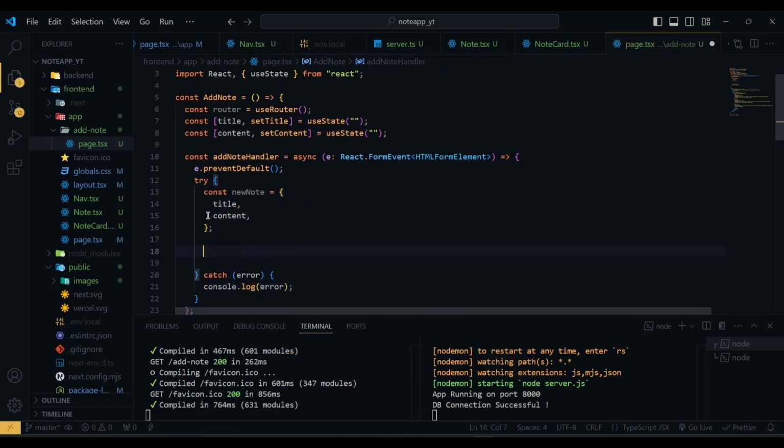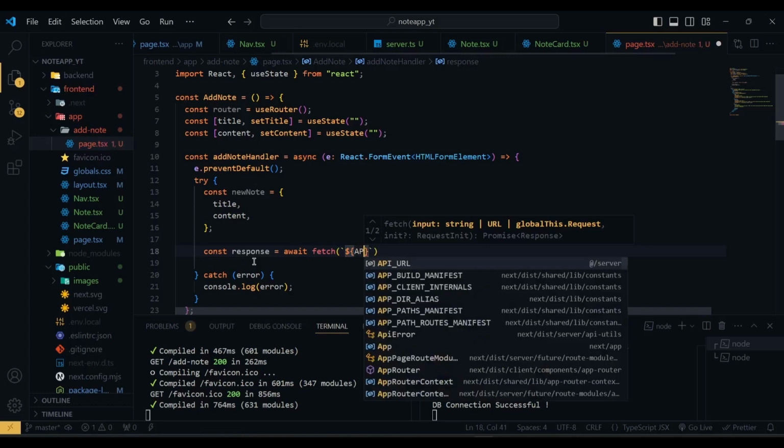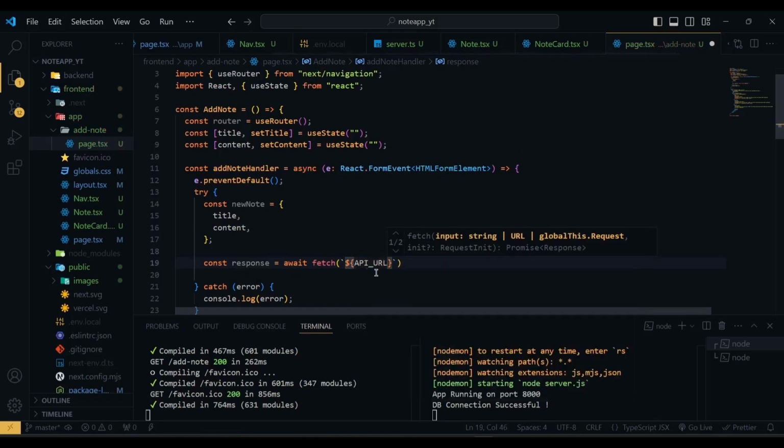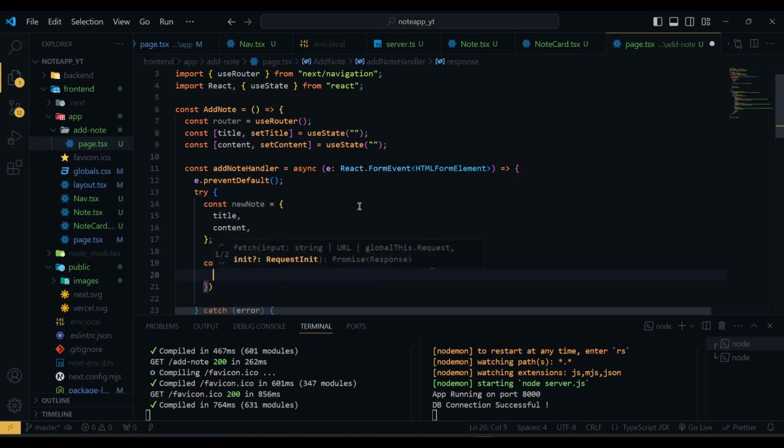Now we have our body. Next we are going to create a variable called response, and then await. We are going to use fetch, and then we are going to use our API URL, which is basically localhost 8000 slash api slash v1, our backend URL. And then here we have our notes,